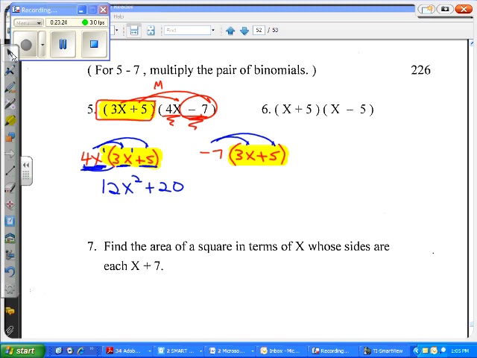And then we go to the next side. We've got negative 7 times 3. When you multiply with different signs, it's a negative 21. To show that the result is negative, we put a minus to separate our terms. And then a negative 7 times 5 is a negative 35. And again, to show a negative, we put a minus